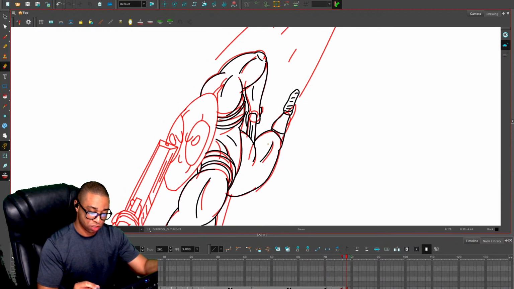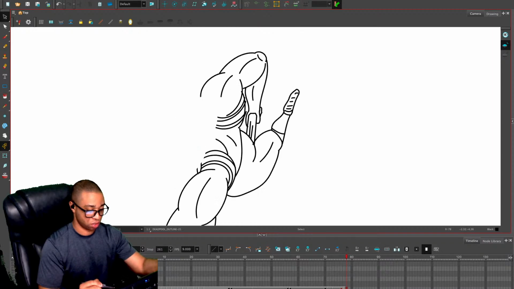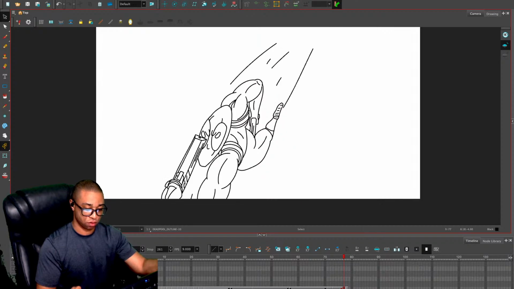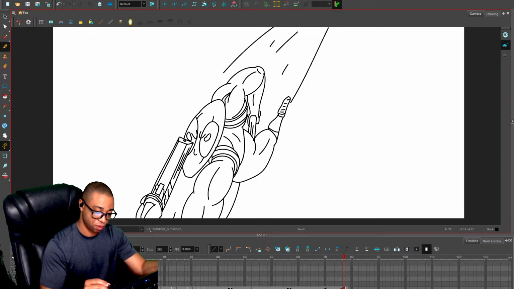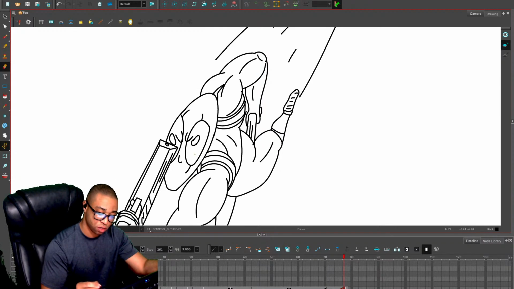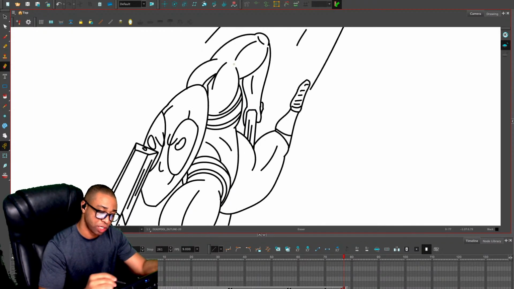That looks good. Let's go ahead and erase all of this, because we don't need it anymore. Let's bring this over. Ha! Nice. And just a little bit more cleanup, and then I'm going to move on to the next part. Oh, gotta make sure these gaps are closed, because if we don't, it's not going to color right for us. We'll go to drop in the color.